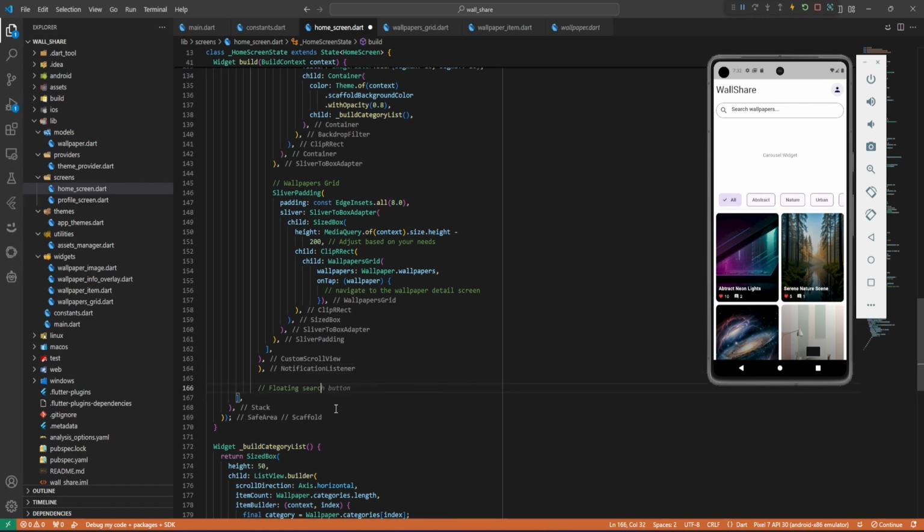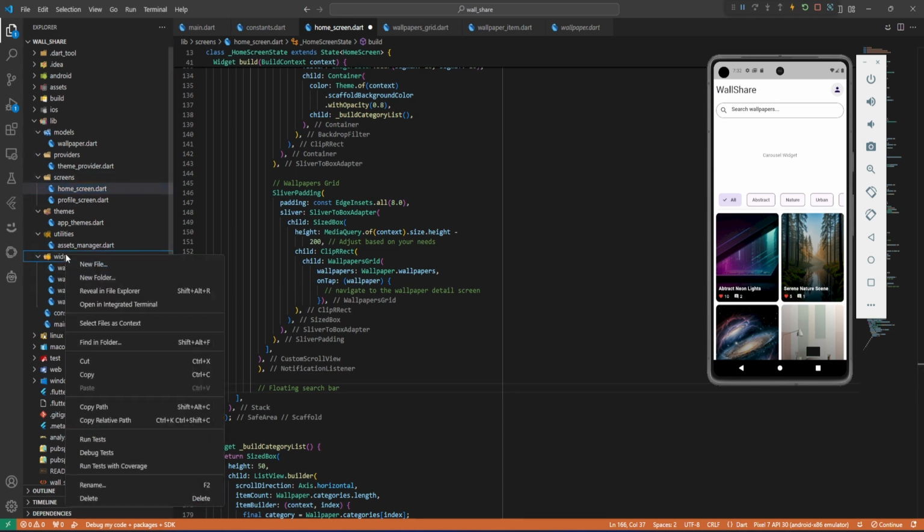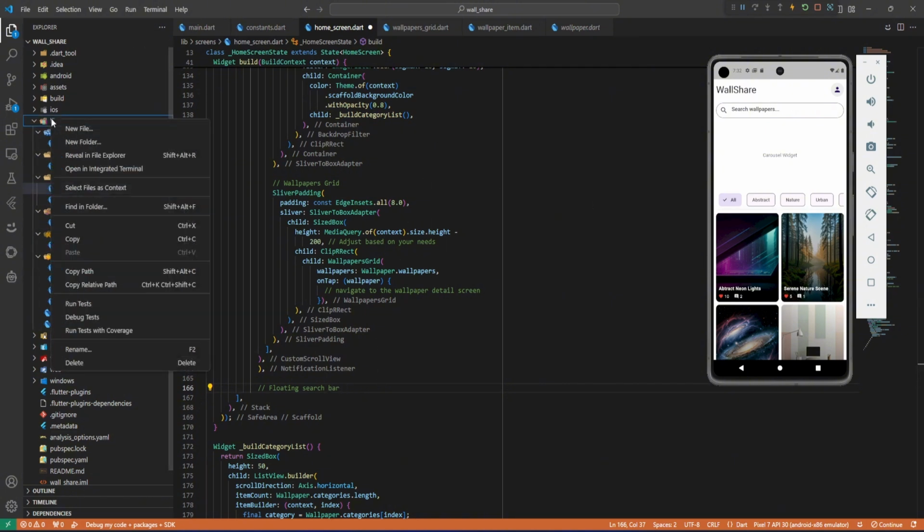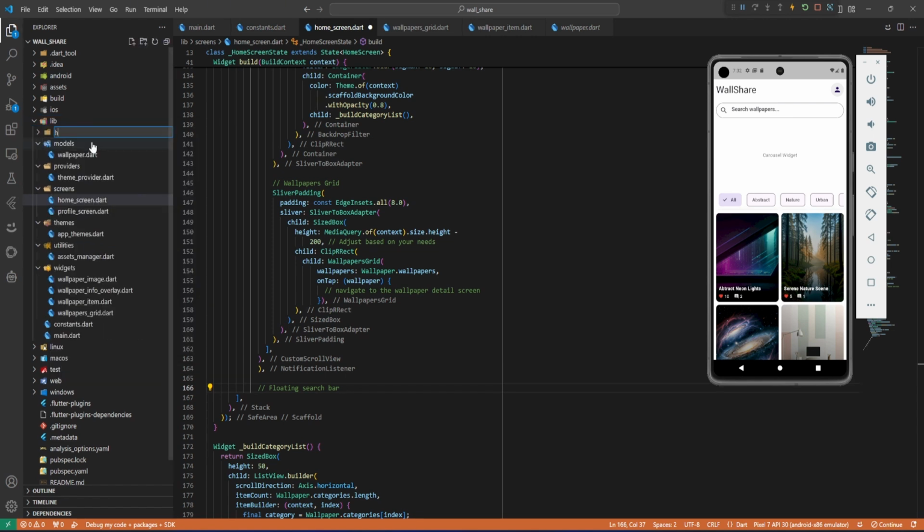Okay, so here let's put a floating search bar. Okay, so let's create a widget for this. So here in the widgets, maybe I'm gonna create a separate folder for keeping the widgets for the home screen. Okay, so let's right click here, new folder, let's go home widgets. Okay, yeah, I think I'm gonna name it like that, or maybe let's say home screen widgets